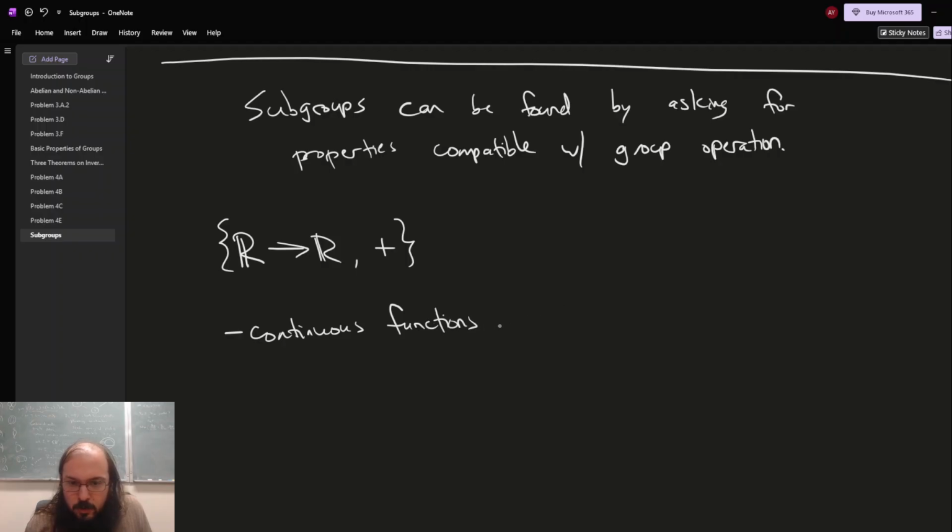But as we know from our calculus, the sum of two continuous functions is continuous. And so because I just went to all this trouble to check that functions have all these nice properties, continuous functions are essentially automatically a group themselves because they are a subset of the collection of all functions